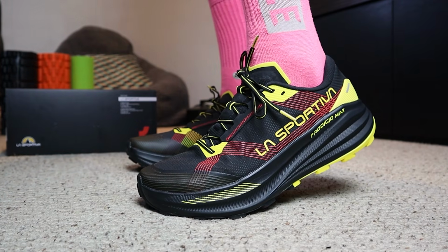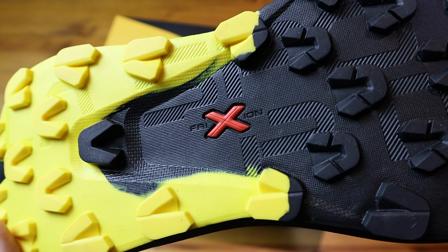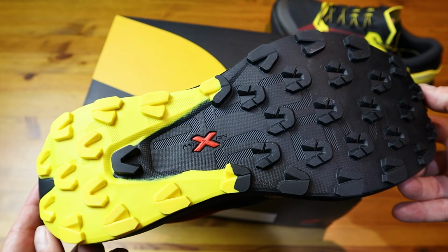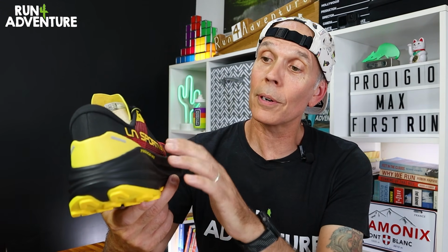And for me, that is just right when it comes to a trail shoe that's been designed to run long distances, because it's going to give me that little bit of lift when I'm fatiguing, but the heel isn't going to feel too dominant. And then flipping them over, they come with La Sportiva's friction red rubber outsole with a 4mm multi-directional lug pattern. As far as the construction goes, we've got a comfort wire upper, and that is constructed